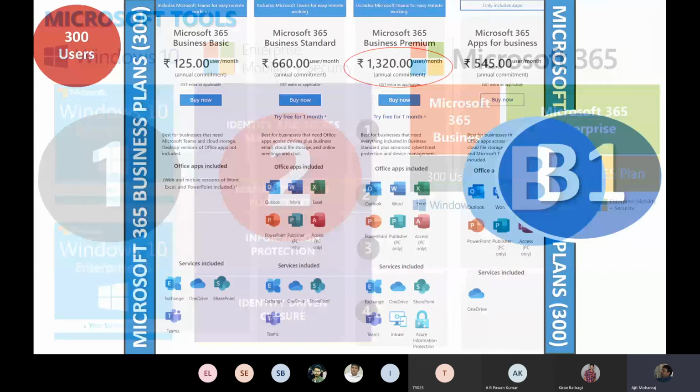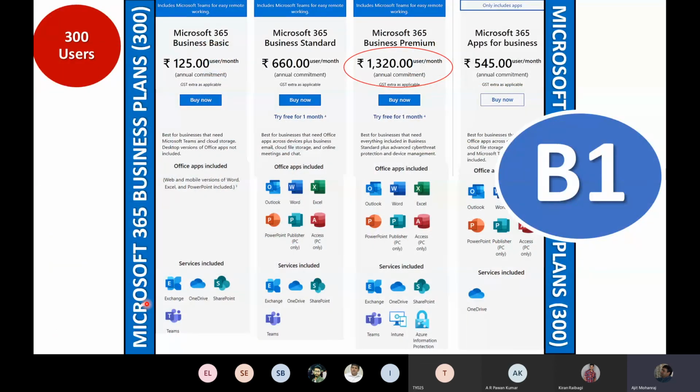Third part, you want to bundle it together. Just get O365, your EMS and all of that stuff. For those with fewer than 300 users on the call, Microsoft has the Microsoft business plans, as we see, for less than 300. You can start as low as 125 rupees per user per month. What will it give you? It'll give you Office online.